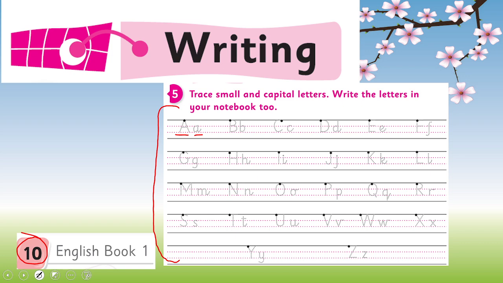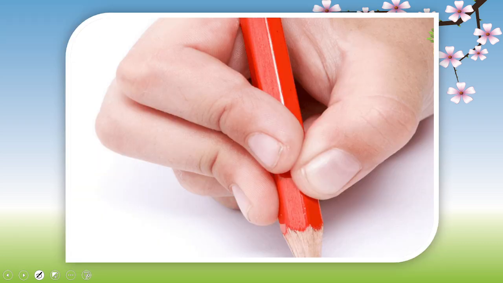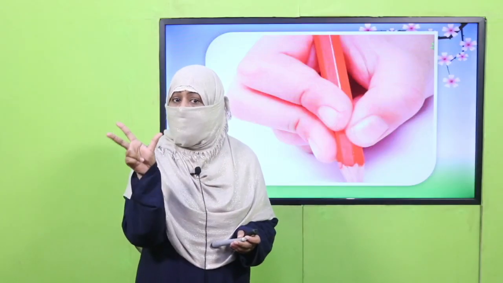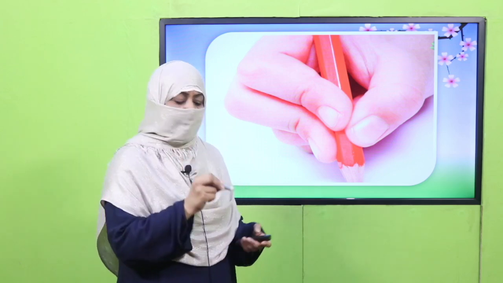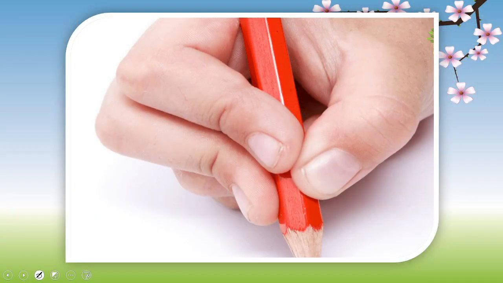And more important is holding a pencil. Remember yesterday I taught you we use these 3 fingers to grip a pencil, to hold a pencil. And teachers, once again, kindly check every child should be holding pencil properly, because it is very important for the formation of the letters properly. And still, if you find a child who is weak in proper grip, you can